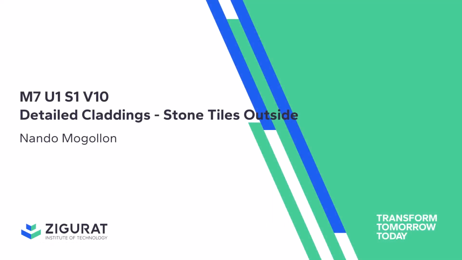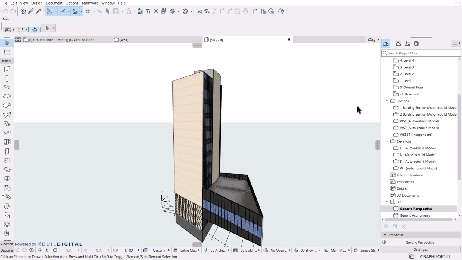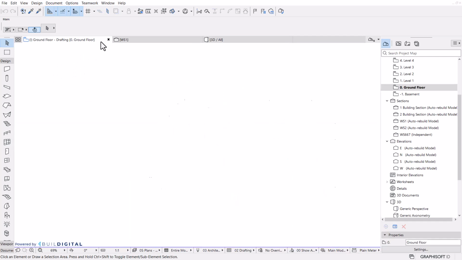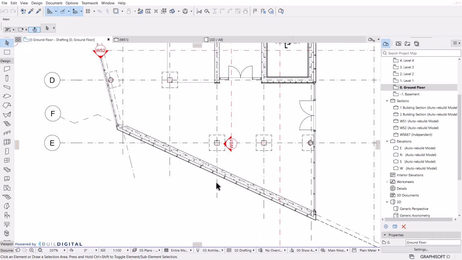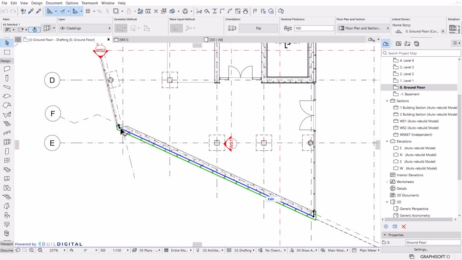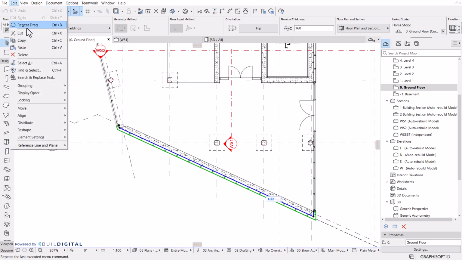Now that we have the basic curtain walls with the claddings on the ground floor, let's make a copy of them so that we can keep populating the claddings all the way above. So let's go back to our floor plan view and simply grab the curtain wall we have on the ground floor, copy it,